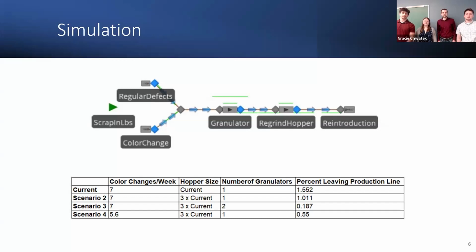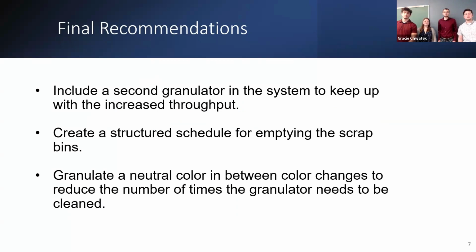Once the final concepts were chosen, further analysis was completed to determine other areas of improvements and size requirements. To do this, the team produced a simulation model using Simio. The model was used to find the percent of plastic leaving the production line using different scenarios. After running many experiments, adjusting granulator speed, hopper size, and frequency of color changes, the team generated the results shown in the table below. With the results from the simulation model, we came up with some recommendations for the final